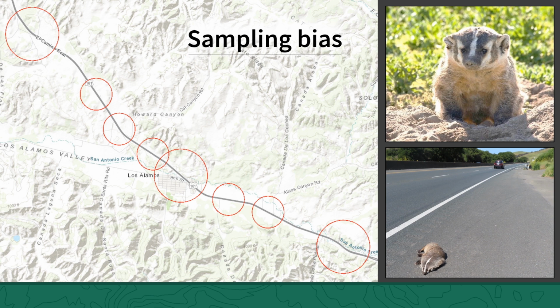Where a species is found may not be the place it normally lives. For example, these red circles represent a set of badger occurrences. These detections are all along a freeway, but that isn't because roads are prime badger habitat. Badgers are typically nocturnal and difficult to locate. Unless you're actively studying and looking for them, you're likely to find badgers as roadkill, which is how all these